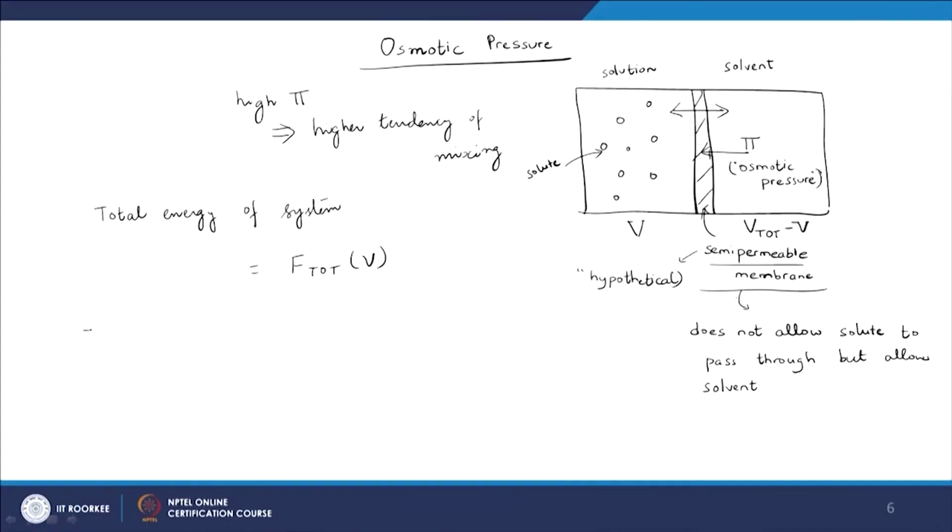So, if we move, again I am using the word hypothetical, semi permeable membrane by dV, that is dV to the right, positive to the right, then we do the work